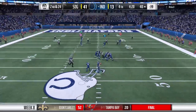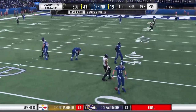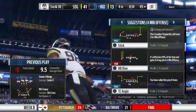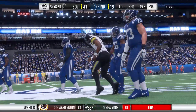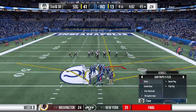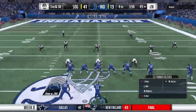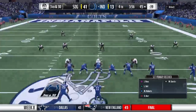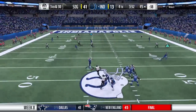Play action. Now Wentz. And he's going to go down again. Malik McDowell in there to get him for his 2nd sack of the night. Offensively, they're going to have to figure this out before next week. 7 sacks in one game. Yeah, and that's more than any quarterback should have to bear. And if this continues on, there will be another quarterback in the game because no one can stand up to